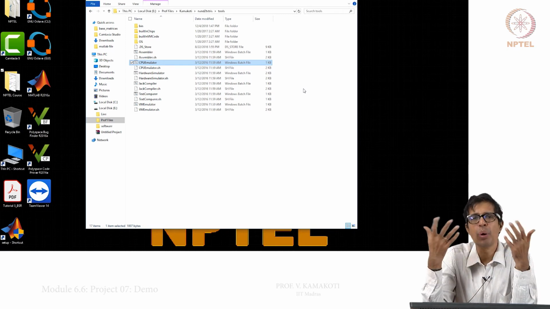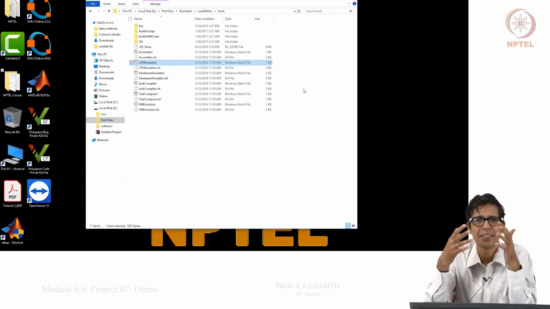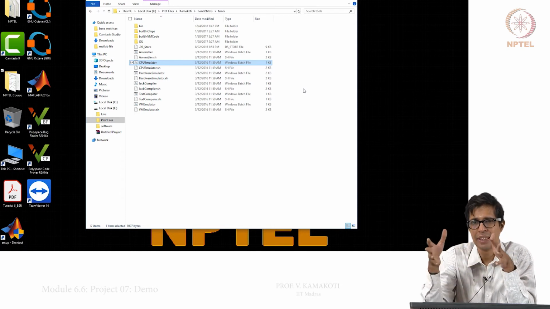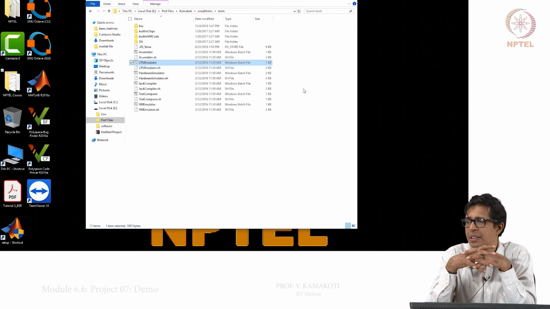So, now we move on to module 7 in the next session, and that is going to be a very interesting module, where we are now going to talk of the next two functions, namely the program flow instructions and the function call instructions, and that will make our virtual machine complete.